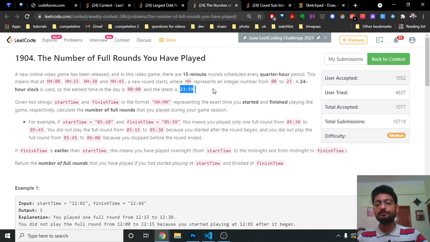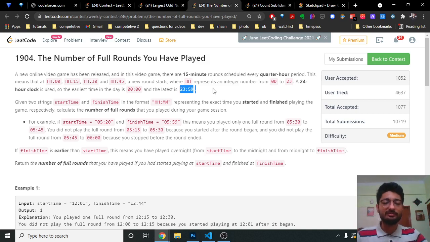Now the first thing which comes to my mind is, can the time start such that I start from 5:30 and it goes to 8:30, which is fine. But the time can also go such that I start at 11 at night and it goes to 6 in the morning. So it can also go in a circle. I hope you get the point.